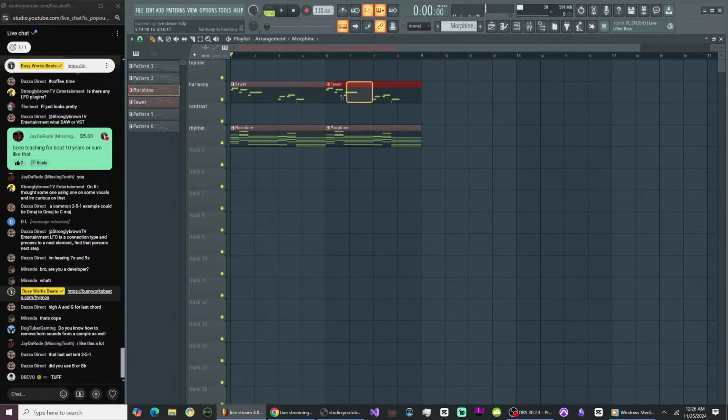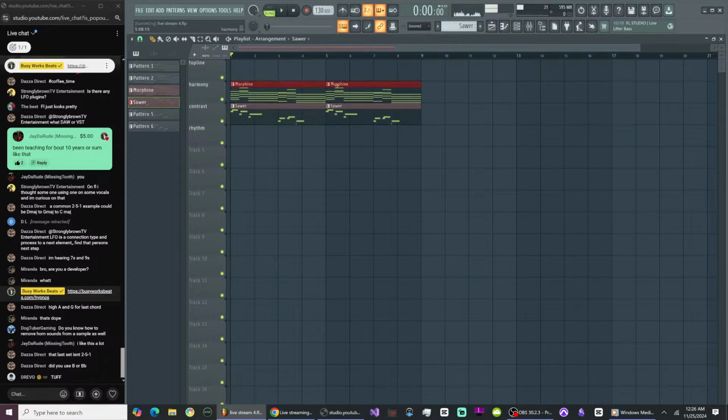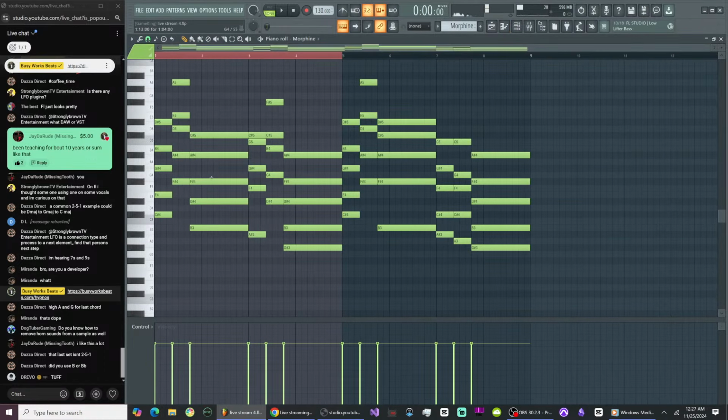So now we have, now this is the contrast layer. This is the harmony layer. So now I know if I want to add more sounds, I need to probably add sounds that are 1 octave higher than my chords. We're in a different key now, so I don't even know, B flat. Talking about 4, well, let me see.